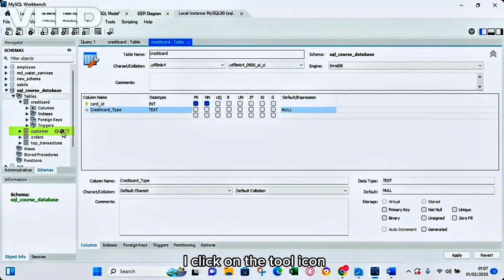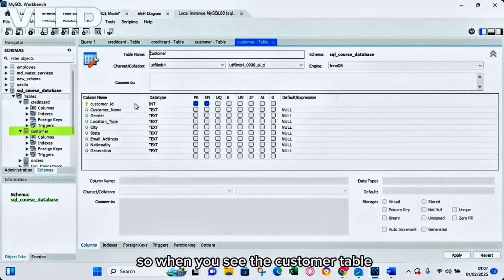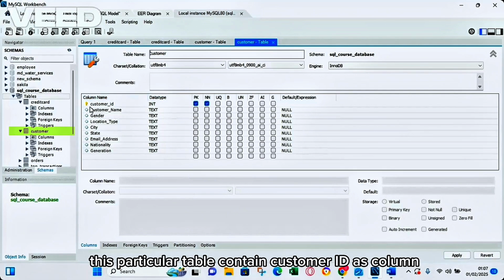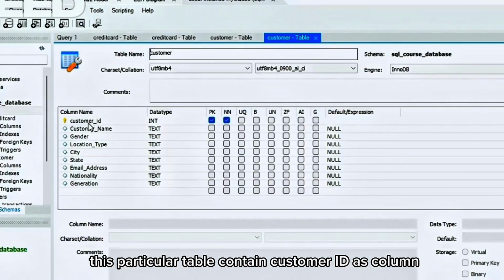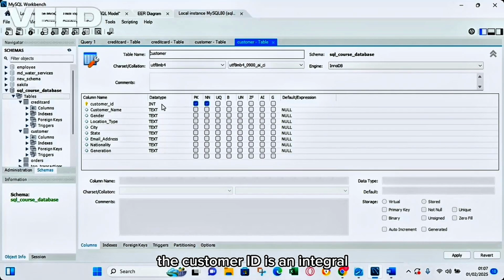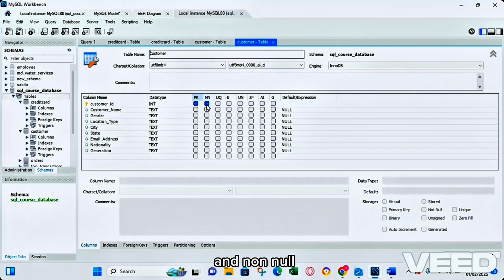I click on the tool icon. So when you see the customer table, you can see that each customer also has their ID. This particular table contains customer ID as a column, customer name, gender, location type, city, state, and so on. The customer ID is an integer, and the other ones are text. And you can see that the customer ID is also a primary key and non-null